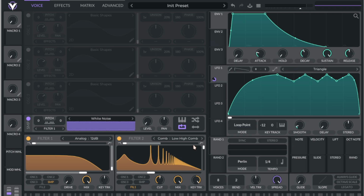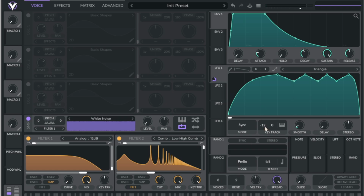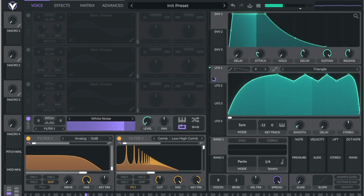This is more or less just a recreation of what he shows in his video, except I've decided to turn this LFO1 with this little weird thing. I just set this to the key track, and that just makes it sound slightly more like wood. It probably sounds the exact same as it would in his tutorial, but once you get down to the low notes,